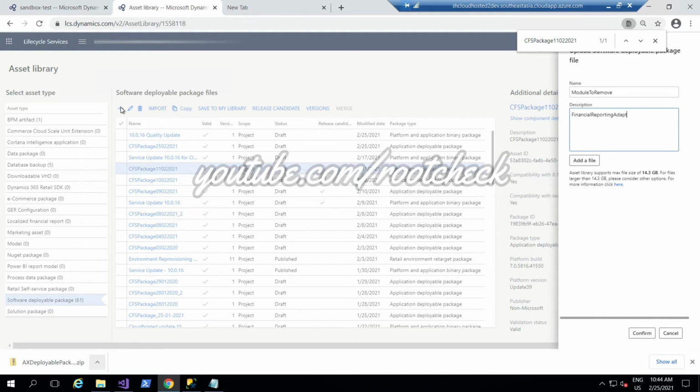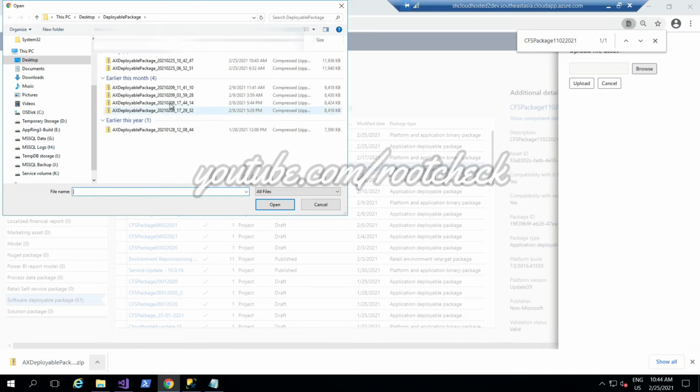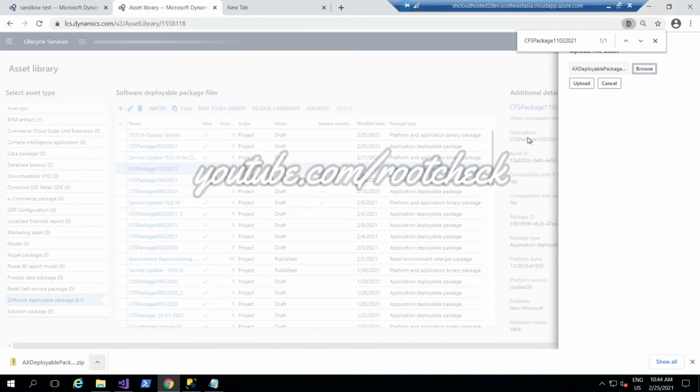You need to confirm that package after it's uploaded, and it will be validated by Microsoft, and after that you can deploy that package to UAT and afterwards to the production environment. So let's upload this whole package here.